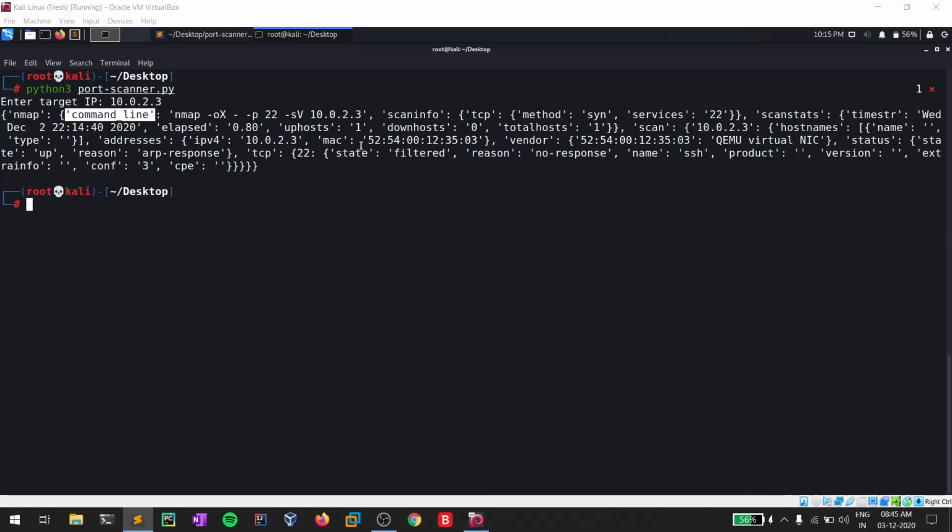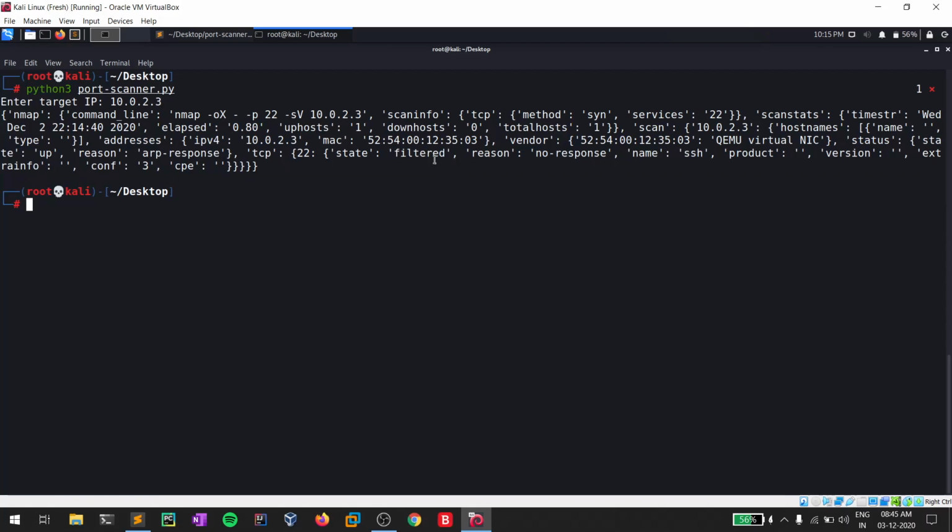Here, if you observe carefully, there is a key called scan. For this key there is a key for our IP, which is nothing but our target, right? And if you come back a little bit down, you can see our TCP, the transport protocol, and then for that you have a port, and then for that you have state. So for the scan key there is a sub key called target, our IP, and for the target we have a sub key called TCP, and for that you have a port as a sub key, and then for that you have state as a sub key, and filtered is our value.